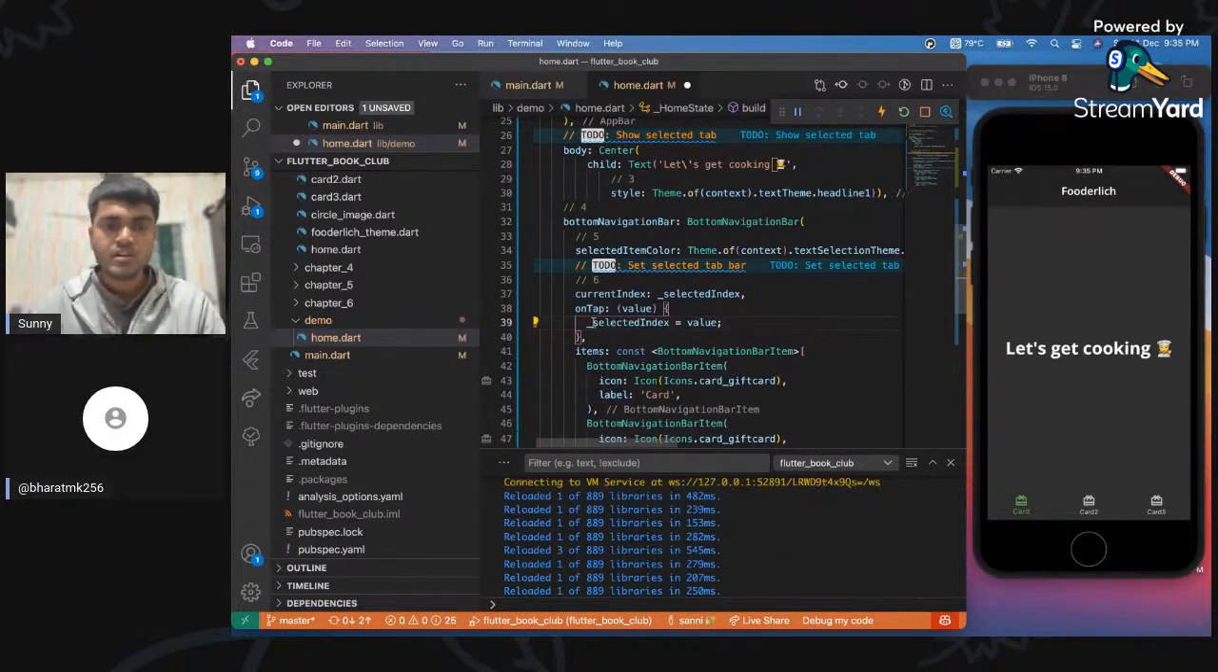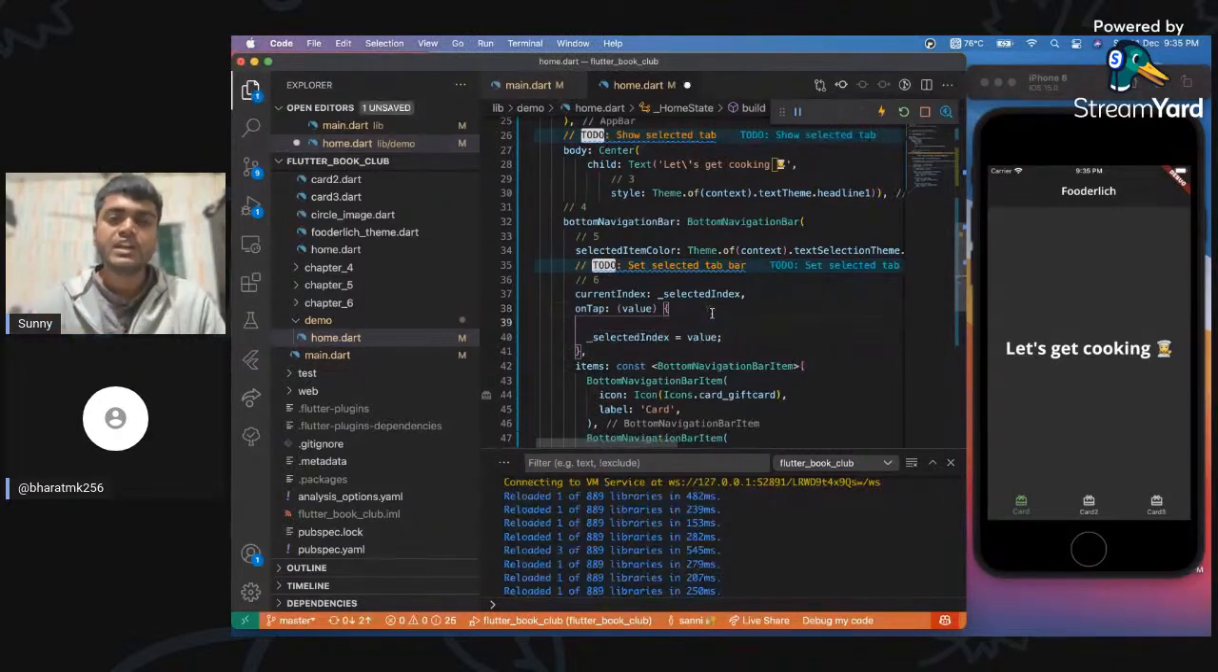Okay. Now what will happen is that whenever we tap, the index starting from 0, so the first will have 0, and the second will have 1, and the third will have index 2. When we tap, the value for selected index will be set to that number, but still it is not changing. So coming back to stateful widget, in stateful widget, whenever we need that stateful widget to update itself, we